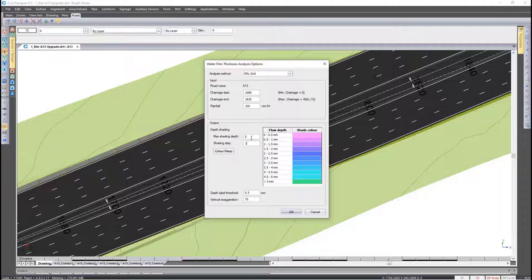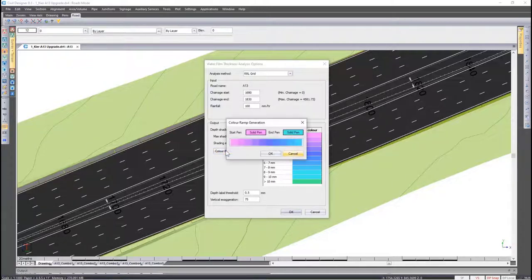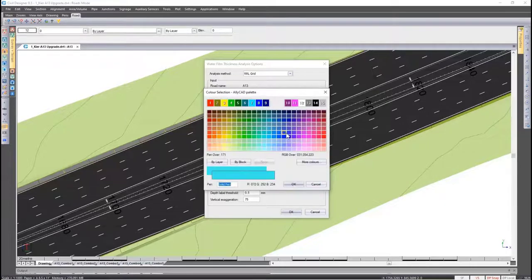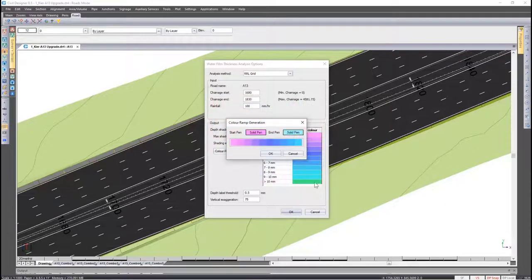Further down, and we've spent quite a bit of time customizing this for you, you can go and specify your maximum shading depth as well as your shading step. As you go and make changes to this, you can see the colors update. You can go and customize these colors according to your project specifications. Reverting back to my original settings,